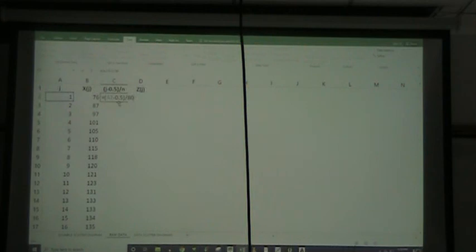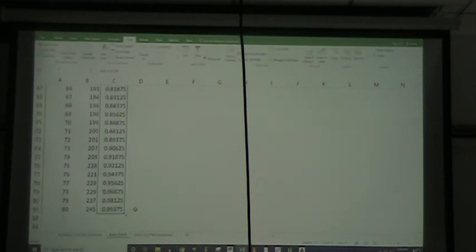When I do that, I can grab that and just pull that down so that I have my left parenthesis J minus 0.5, right parenthesis divided by N. Now, with just this information, I can already go ahead and make my first